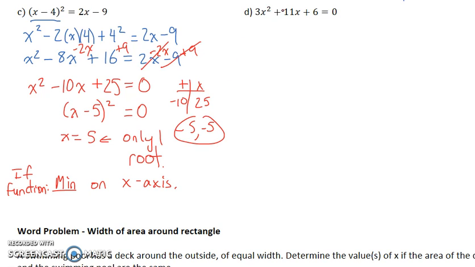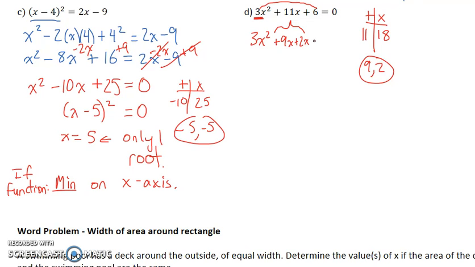We now have something that's not a simple trinomial. We have an a value of 3. So in this case, we want to again try to factor first, find two numbers that add to 11 but multiply to 3 times 6, because it's not a simple trinomial. That's 18. Two numbers that add to 11 and multiply to 18 are 9 and 2. And then we go ahead and break that down using decomposition. That middle term, 11x, becomes plus 9x plus 2x, or plus 2x plus 9x, the order doesn't matter, plus 6